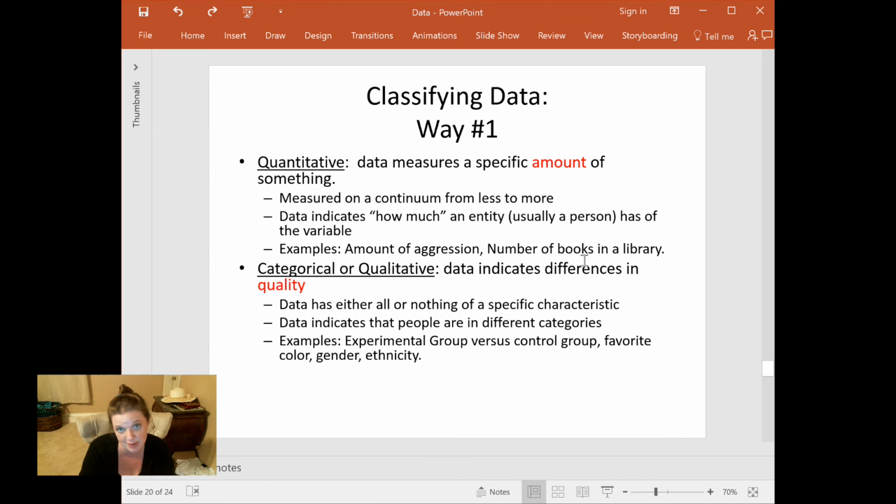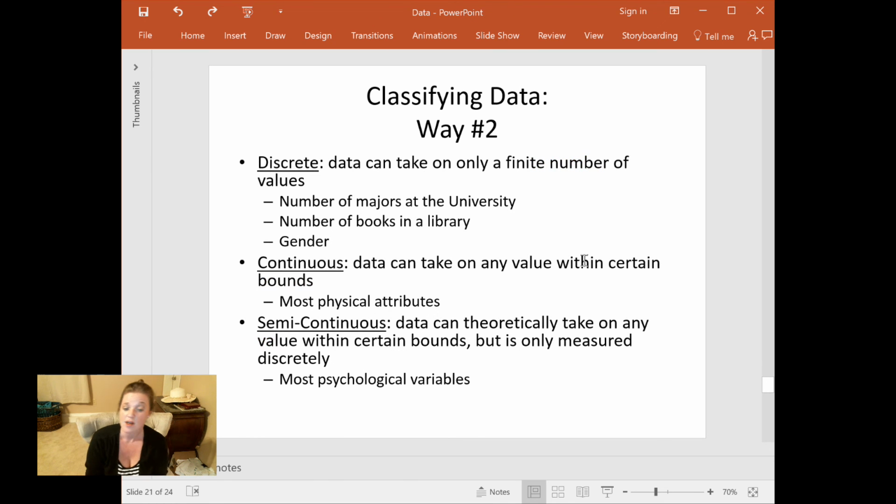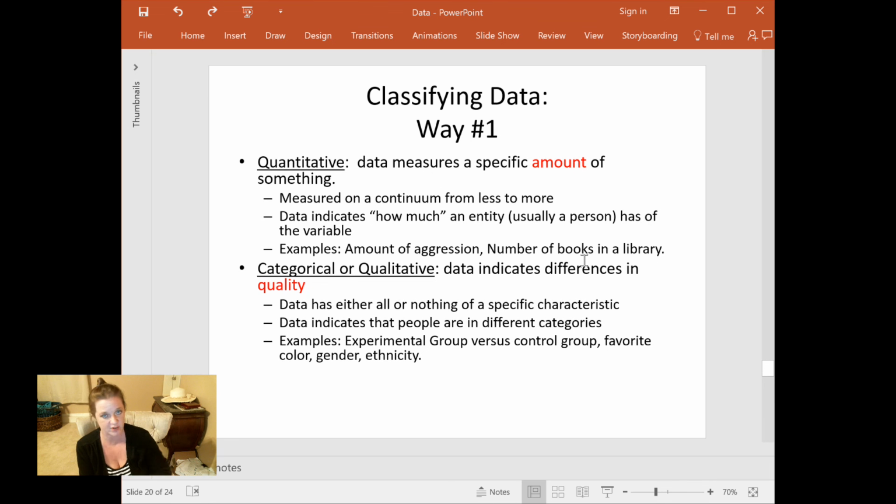Qualitative categorical variables. The most important way of classifying data, classifying variables, is this way. However, there are 2 other ways of classifying data that are not as important, but you need to know them because a good, well-rounded statistical education will have exposed you to these ideas as well. What we went over on this other slide is the most important way. It's the way I want you to know from your spine. I want you to know it so well, it's like a reflex. I want you to be able to fully understand the difference between qualitative and quantitative data.